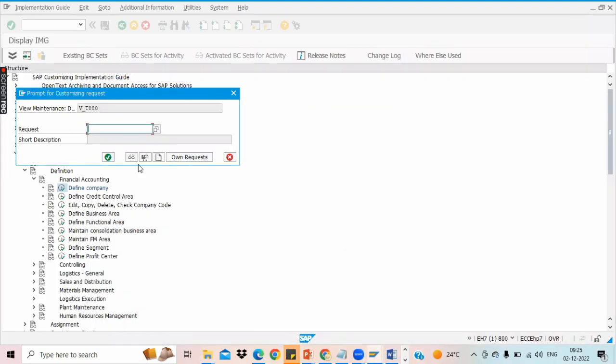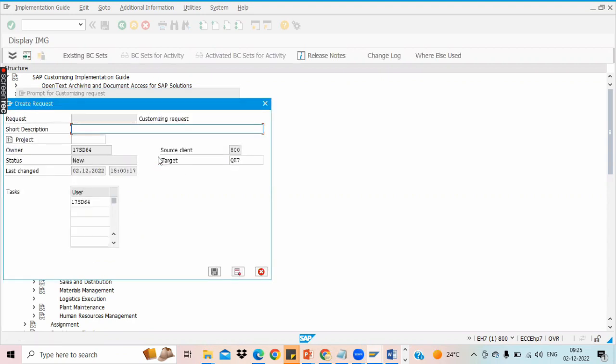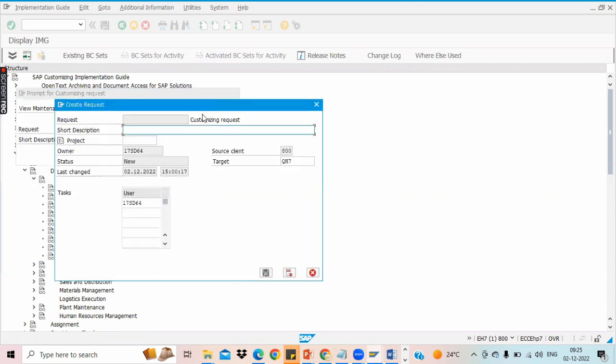In real time also, every time you do certain configuration, you have to save it in a proper way using the customizing request, so that you can transfer that configuration later to the production system. Okay, so here we will create our own customizing request. So let's say Zentek,